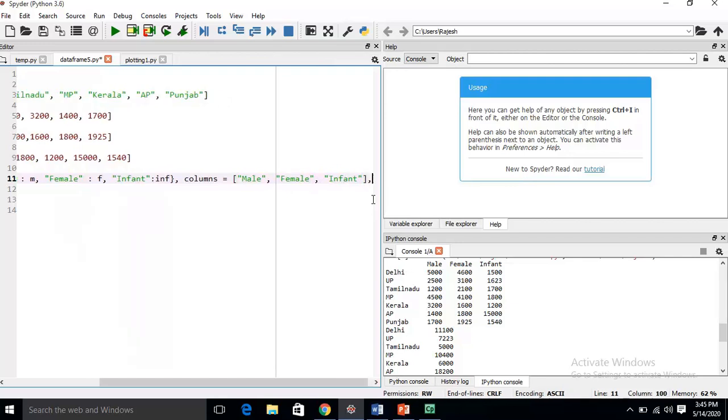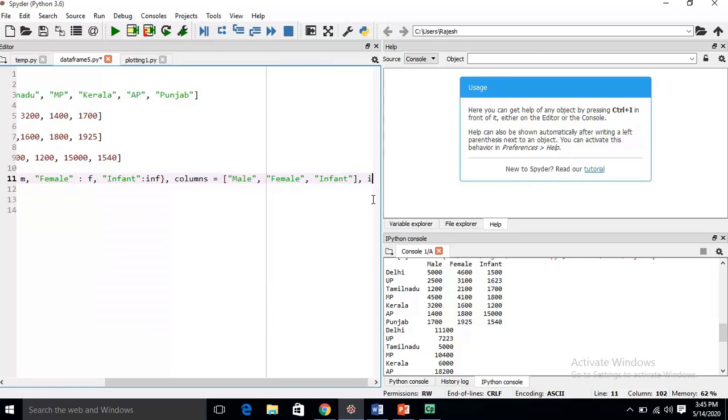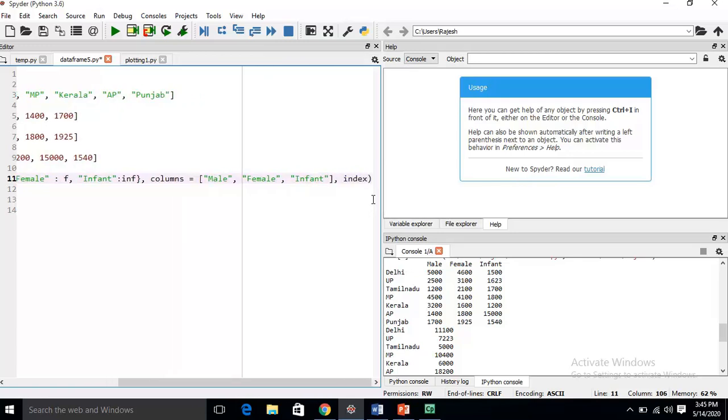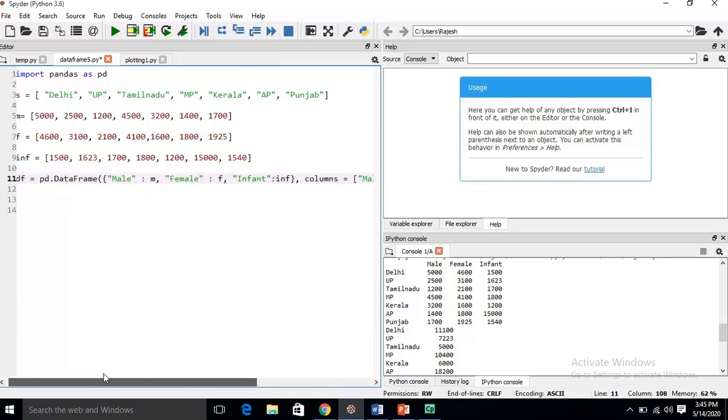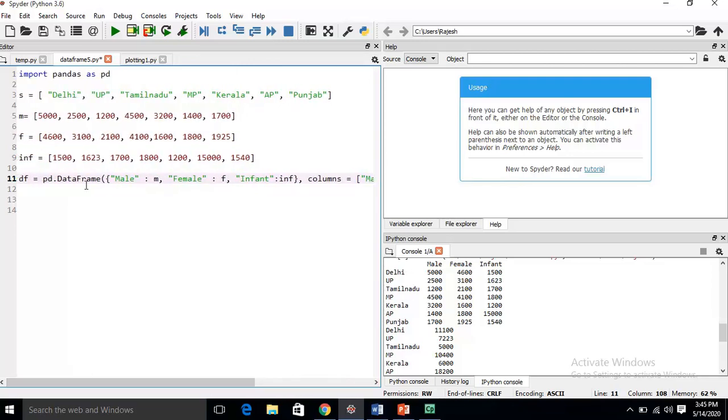Now I will decide the index. The index of my data frame is the name of states, which I stored in variable s. This is the code I have written to generate the data frame. Okay, let me see whether it is generating or not.